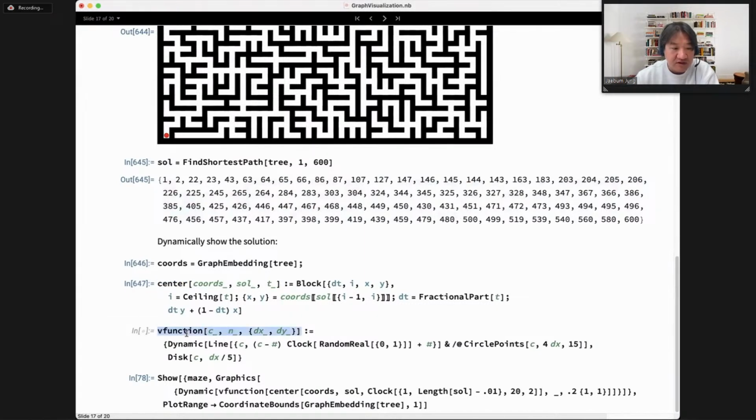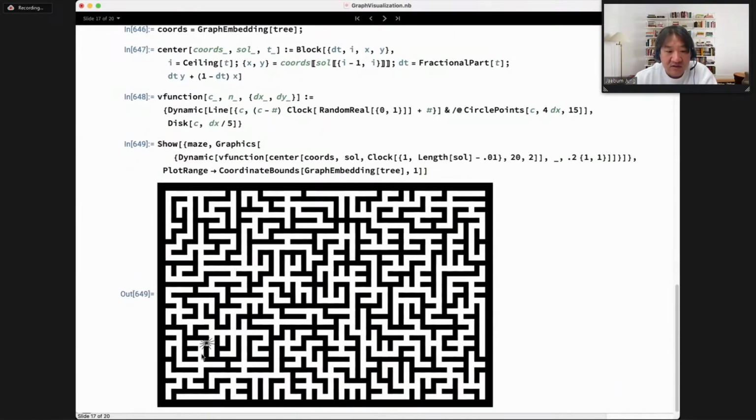And then the V function, this is the function that I used in the vertex shape function. Then I just combine the maze and the graphic together with some clock, the dynamics. And then you can see here,